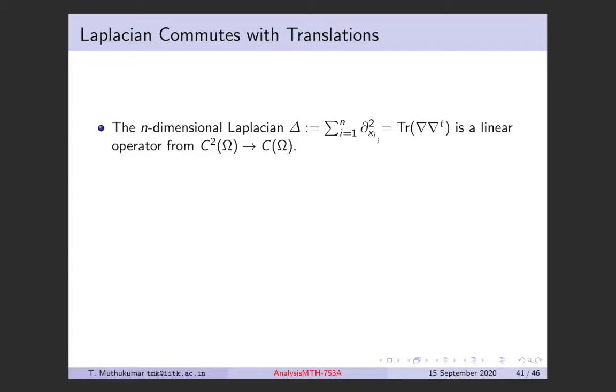One can imagine the Laplace operator as the trace of the Hessian matrix, right? So Hessian matrix is the n cross n matrix, that is the collection of all possible second order derivatives. So there are actually n square second order derivatives, right? When you are in Rn,